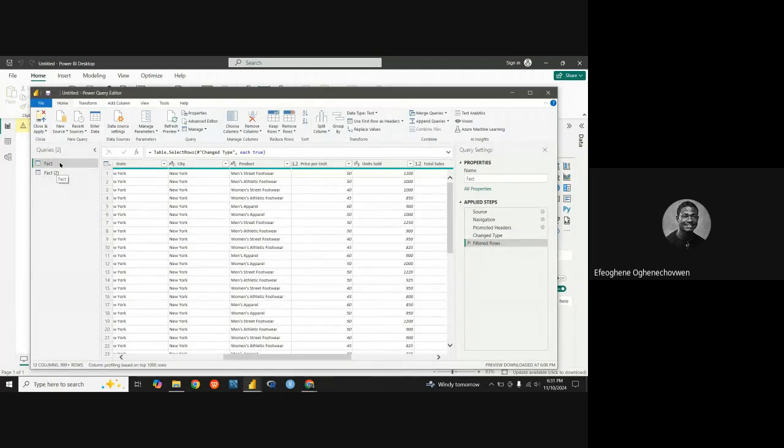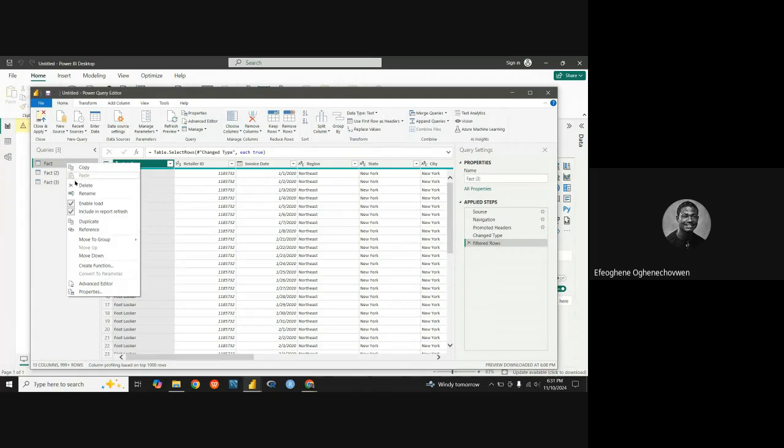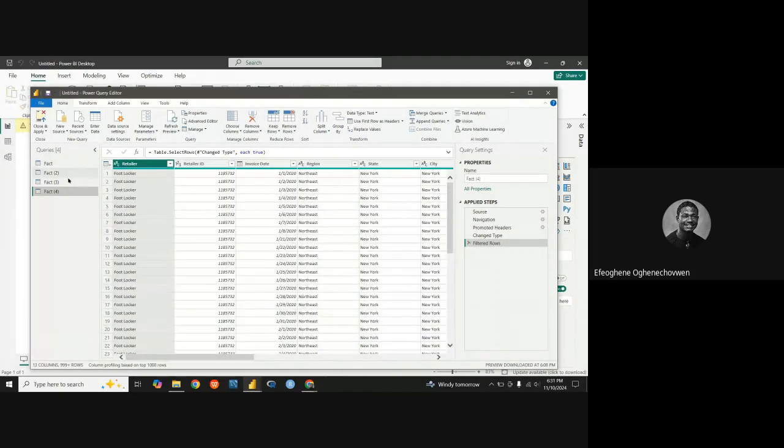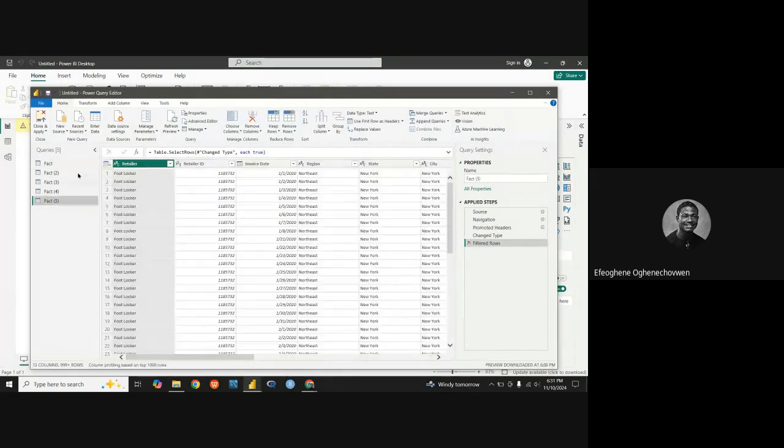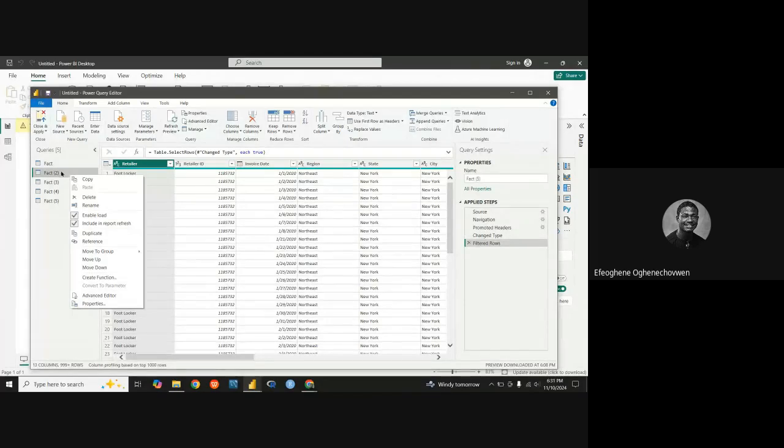So this is my fact table. I've duplicated it. I'm going to duplicate it again. I'm going to duplicate it again. And I'll duplicate it again. So this is my fact table. And I come here to rename it